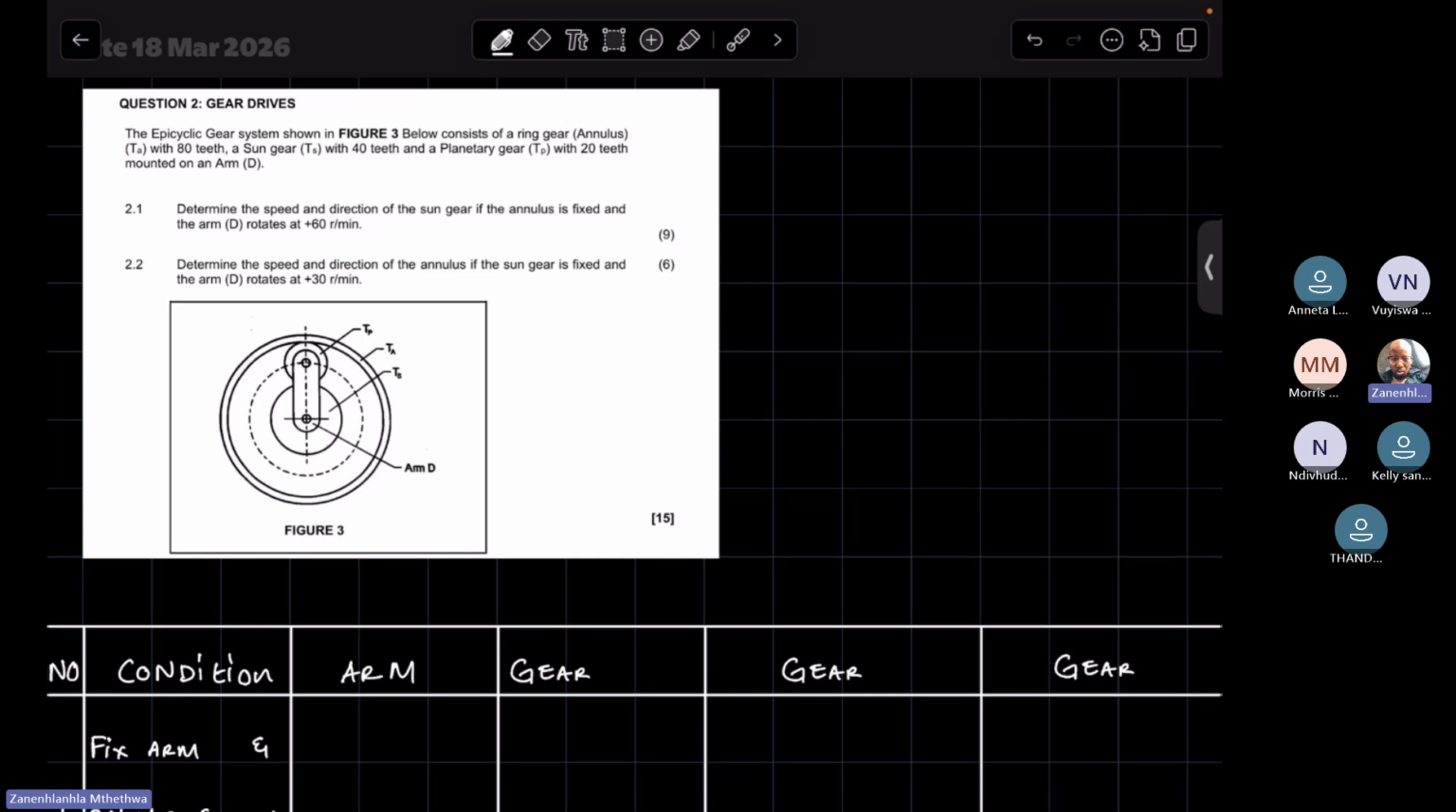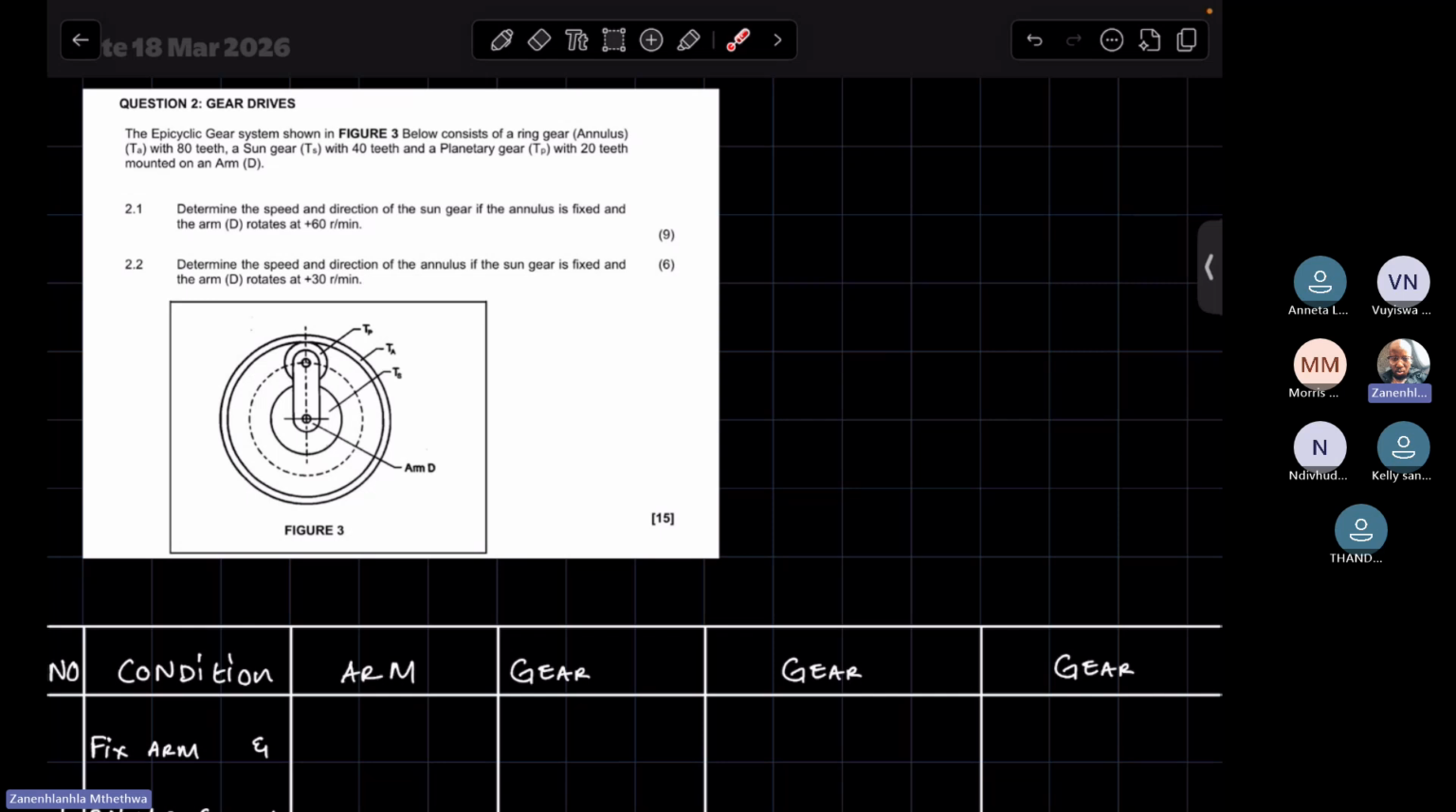Right, so let's read this question. The epicyclic gear system shown in figure 3 below consists of a ring gear, also known as the annulus. So this here is the ring gear. A ring gear or annulus is the type of gear that has teeth ground onto it on the internal